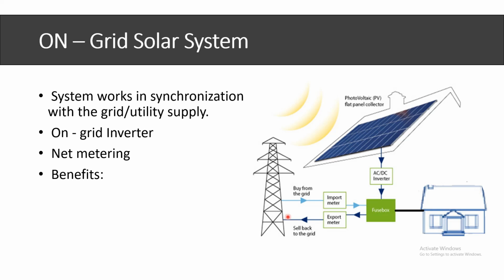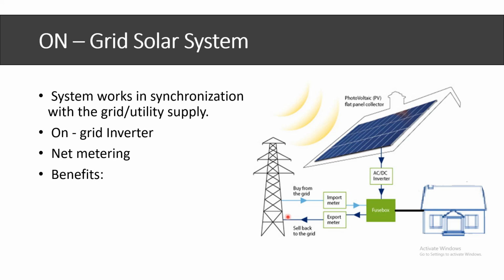So what happens normally if there is no net metering? Suppose there is no one present at your facility or there is no load at your facility and you have installed a solar PV system. So during the daytime the solar PV system will generate electricity, but as there is no load present in the facility, the electricity produced by solar PV system will be fed back into the grid, or else if you use some devices which are available currently in the market, it will prevent the feeding of power into the grid, but still you see that there is a loss of power. So to utilize this power you need to do net metering.